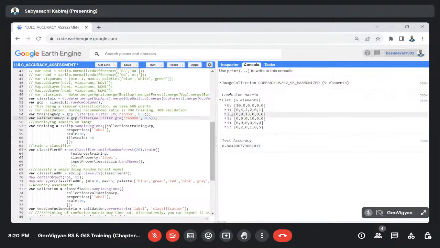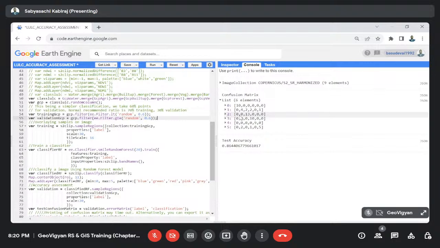The same case, if you see the 1, how many samples are there in the 1? So 4, and then 6, and then 8, and then 9. Total 9 samples. So out of 9 samples, 4 samples have been correctly classified, and the remaining 5 samples are misclassified, right? So total samples divided by correctly classified samples into 100, if you put that, the test accuracy in percentage class wise will come over here. Okay,